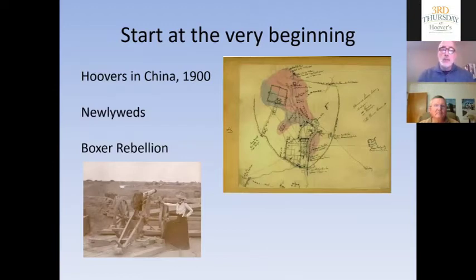Herbert and Lou Hoover began their life together in 1900 when they got married, and as part of their honeymoon, they went on a long, slow ride to China. While they were in China, the Boxer Rebellion broke out. Boxer Rebellion was a rebellion against all things Western. Chinese citizens, Chinese peasants just rose up and took arms against a sea of troubles and sought to throw the